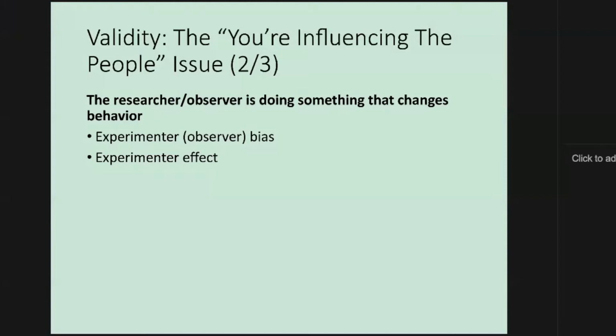So sometimes we have a bias, and this is going to come in a lot with observational studies. Remember when we talked about that inter-rater reliability issue and coding that ambiguous facial expression? Well, I might have a bias that I bring to that in the first place. I might already be in a good mood and I might perceive her facial expression as a smile. If I were anxious, I might perceive her face as anxious. There could also be something about who I am that's influencing what participants do.